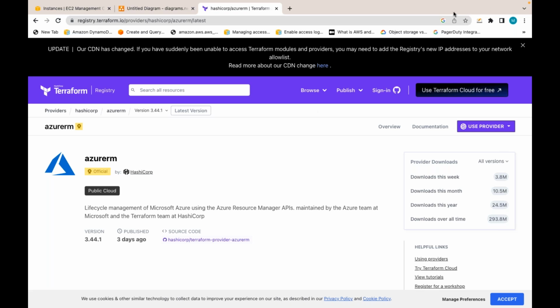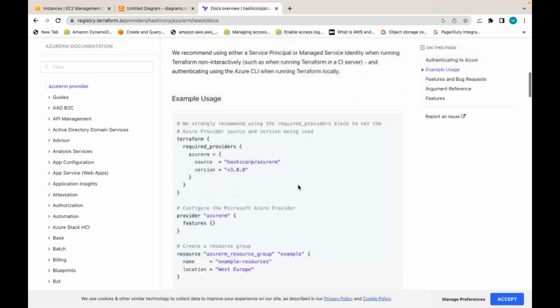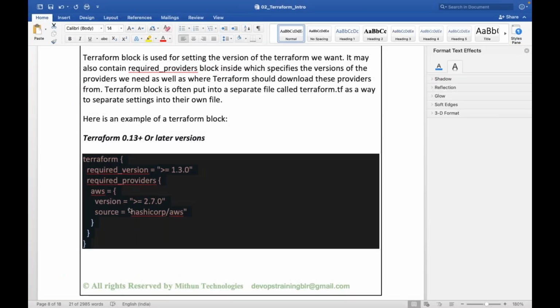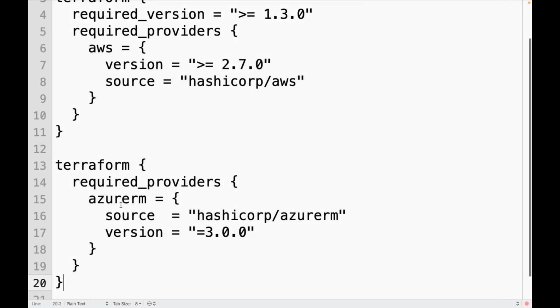If I have to work with Azure, can I define my Terraform configuration like this? I hope you can understand now. So in this example, I have defined something like this. Now suppose you want to manage your infrastructure in Azure. Within the Terraform block, can I say I need the Azure provider to create and manage resources in Azure, and what version of the Azure provider or plugin you need?